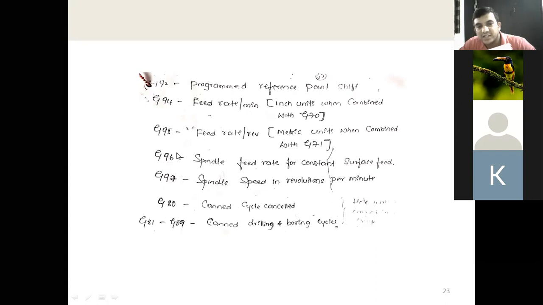Next, G96 and G97 we will not use here. One more, G80 and G81 to G89. These are canned cycles. Canned cycles are used whenever an event occurs repeatedly. For example, in a drilling operation you produce holes at four locations, then bore them, then ream them. The location coordinates are the same and repeat for each operation, so you use a cycle. That will be explained later. These are the G codes.